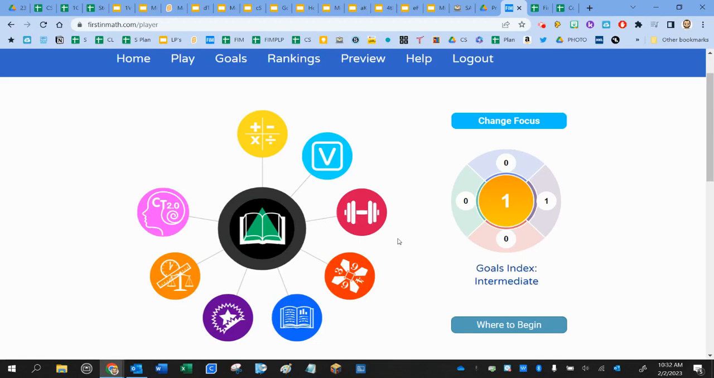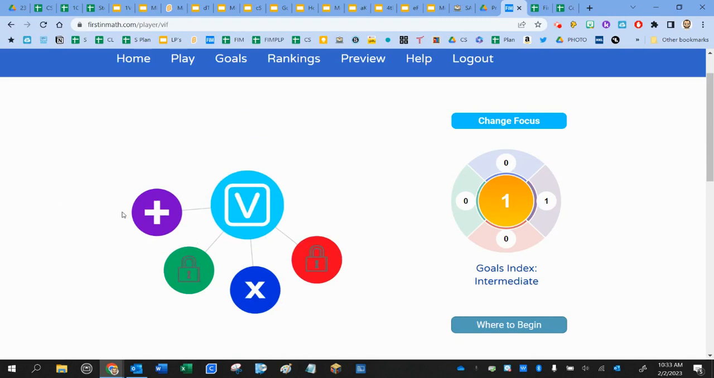The purpose of this tutorial is to show you how and why to use VIFs from your homepage. Find the capital V. It stands for Very Important Facts in VIFs. When you click it, you'll notice that there are all four orders of operation, but some of them are locked